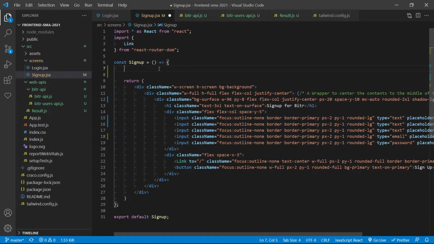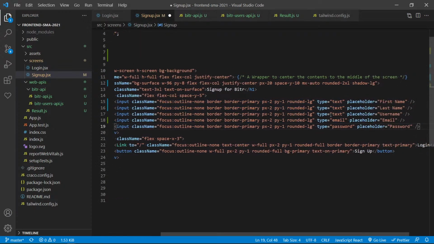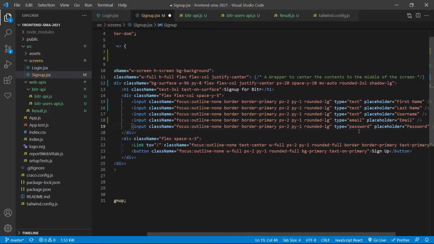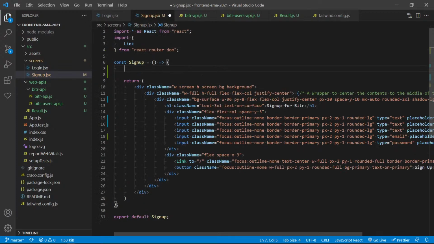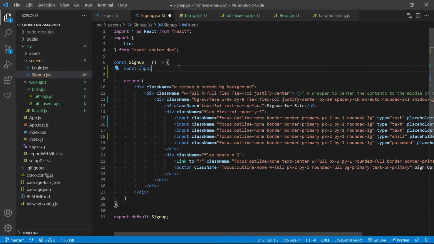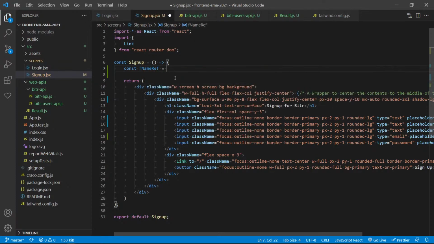All right. So the thing is, I need a reference to every single one of these things. So now I've got to make a reference for first name, last name, username, email, and password. I'm going to do this manually because I have my API. Okay, so I need to do a const. I'm going to call it input, and then I can say fname ref is equal to